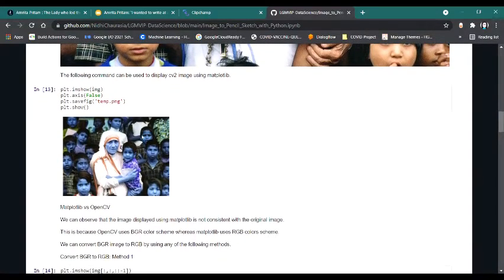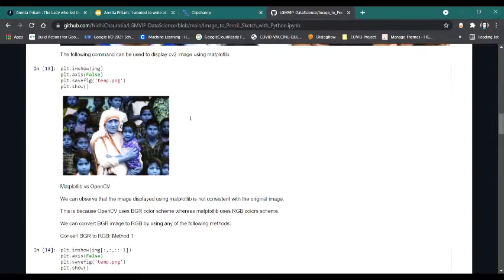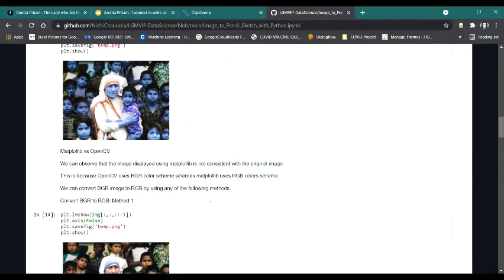You can see I have displayed the image using Matplotlib, and we can observe that the image displayed is not consistent with the original image. This is because OpenCV uses the BGR color scheme, whereas Matplotlib uses the RGB color scheme. And we can convert a BGR image to RGB by using any of the following methods.